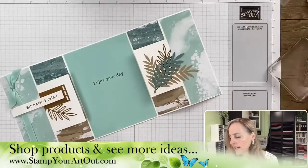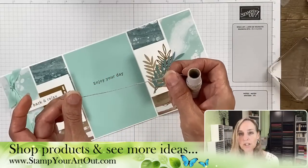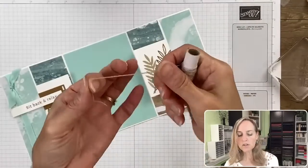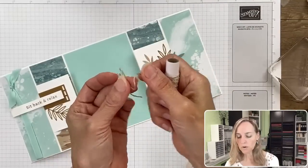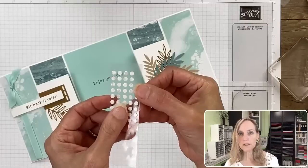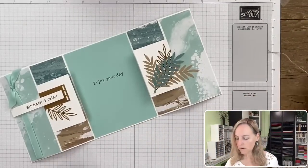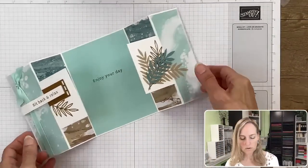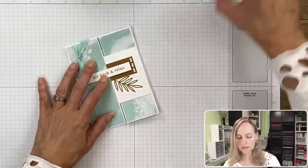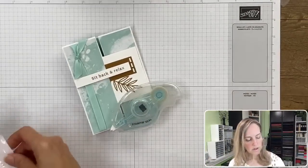If I was adding any twine to my cards, I would use about 4 to 5 inches of this. Sorry, those are still sitting there. Tie this into a bow and stick it down with a glue dot from the kit that's been rolled up. That's my suggestion for adding the twine. We don't have twine on this card though, but we have one other embellishment, so we're just going to tuck that in, hold that down for a minute, and we're going to grab our